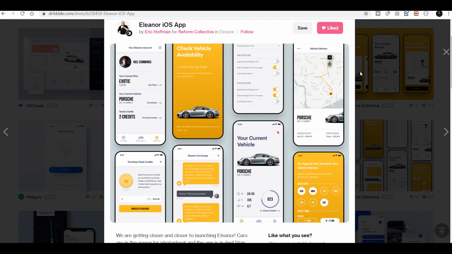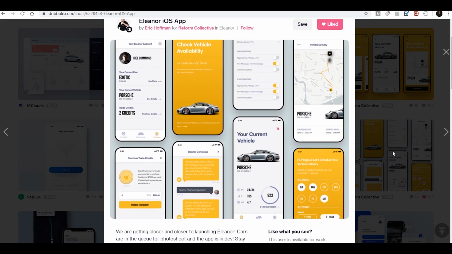Oh yeah. So I think we would make this UI, I guess, because it matches our theme also. So we'll do one thing, we'll do your current vehicle, and with a Porsche